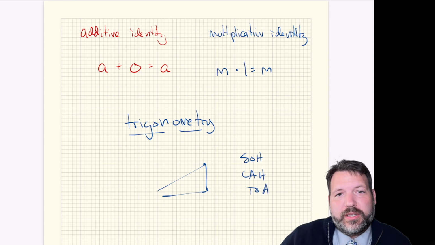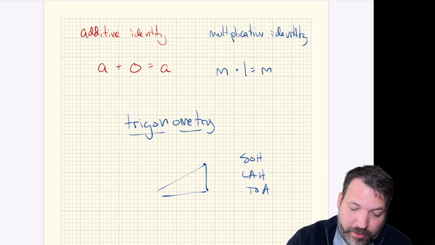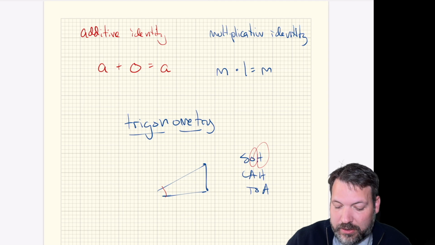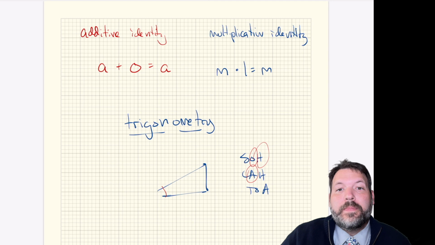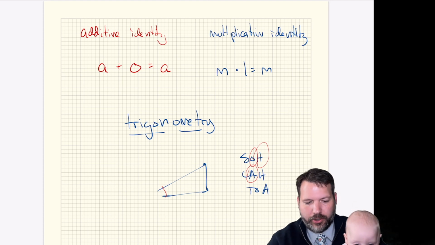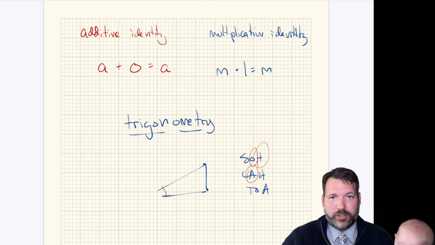So usually the way that teachers introduce this is we start drawing some right triangles, and we talk about the hypotenuses of those right triangles. We talk about some given angle and the sides opposite that angle, the side adjacent to that angle, and we combine these in different ways, and we come up with what we call sine, cosine, and tangent. Yes, there you go. So that's what we call sine, cosine, and tangent, right? They're some kind of special relationships in right triangles.